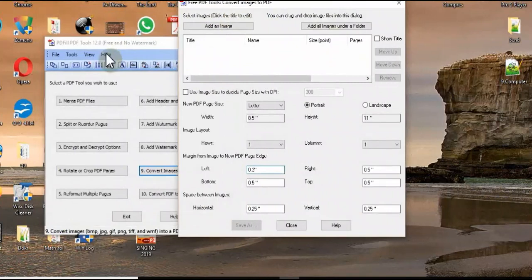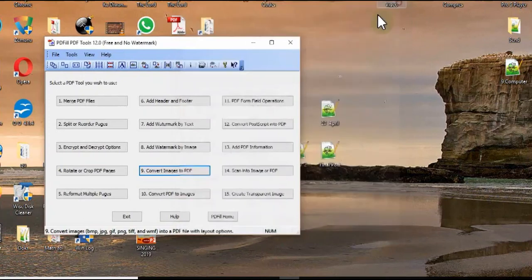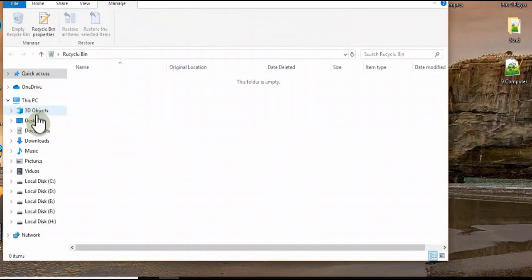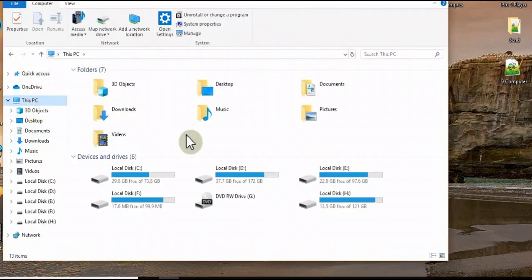So I do not have the shortcut to My Computer, so I am activating another folder. So let us go to one of the available. You can see written here this PC. Now this is actually My Computer.